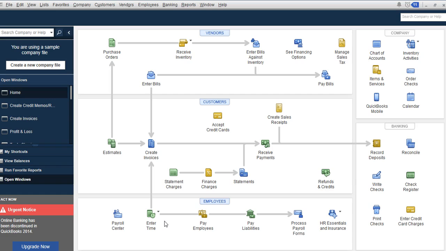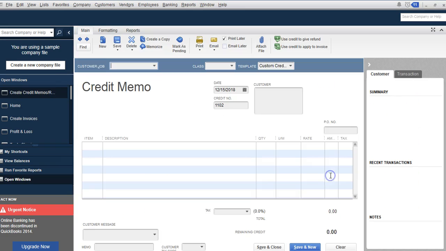The first thing you have to do is create, for example, you buy pallets from them, either broken or repair pallets, but you know at the end of a trade, they have to cut a check to you. Okay, so then in this case, all you have to do is just create a credit memo,